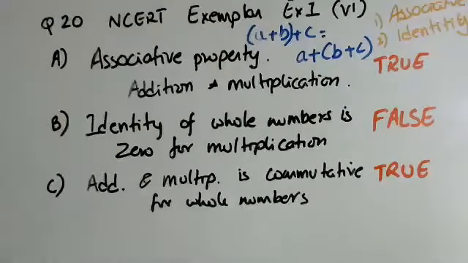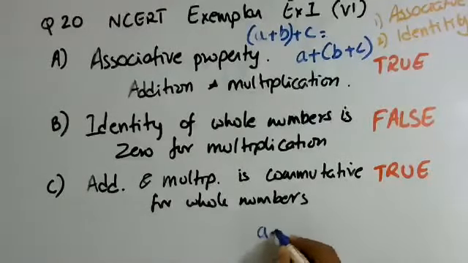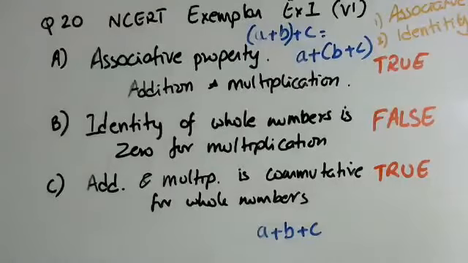So associative property is this: when you have to add three numbers or multiply three numbers, if you have a plus b and you do that first and then add it to c, it is exactly the same as adding a to the sum of b and c. You can see that obviously they work out to be exactly the same. The difference over here, if you write the same three letters a plus b plus c, I hope you are comfortable with talking about numbers as a, b and c. You understand that, right? We are representing whole numbers as a, b and c.